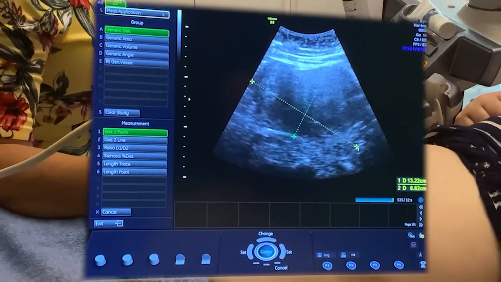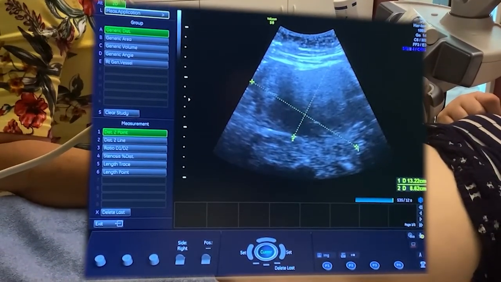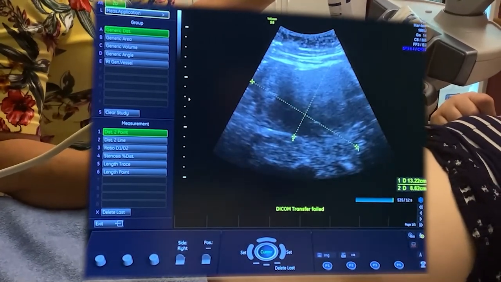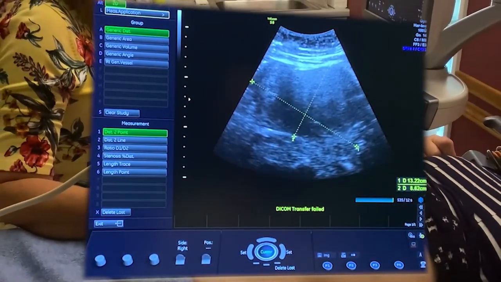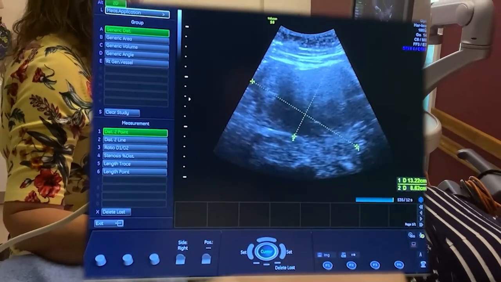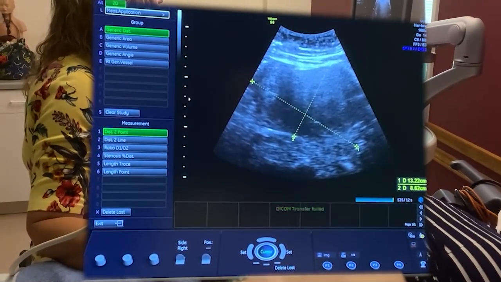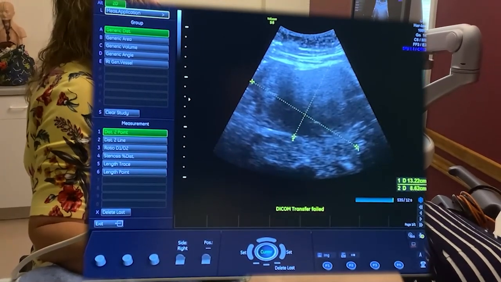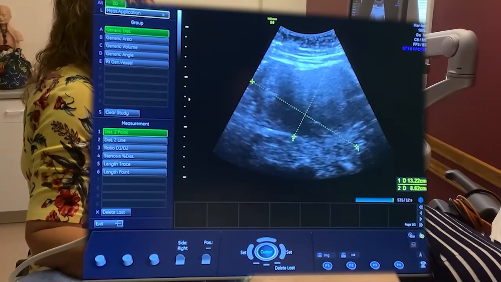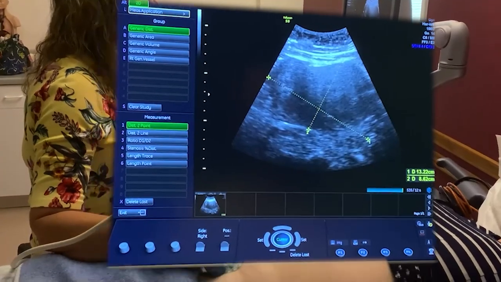And so we're getting her longitudinal and bisecting that with the anterior posterior measurement. The longitudinal measurement is about 13.2 centimeters and the AP diameter is 8.6. And I will get a transverse measurement,